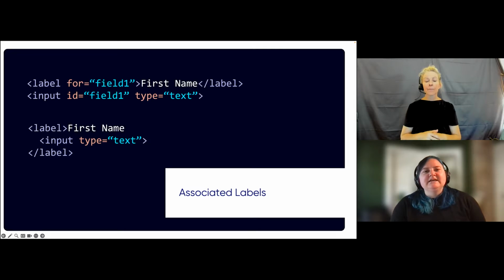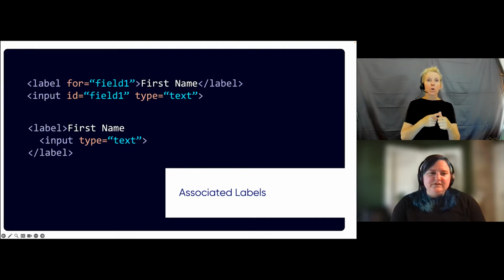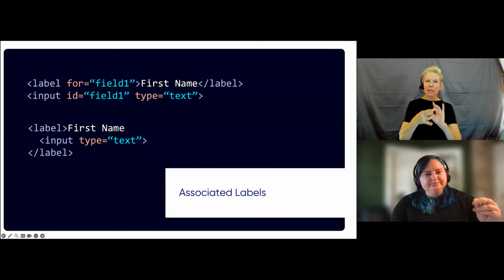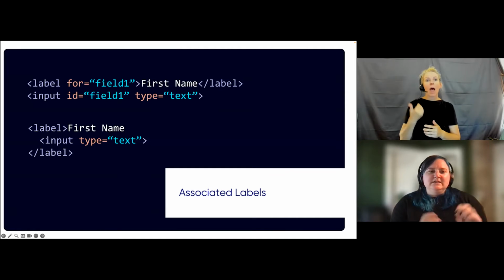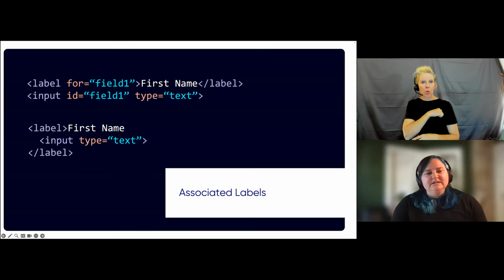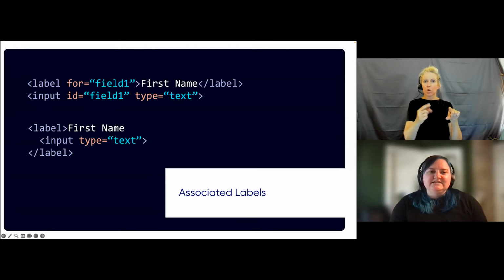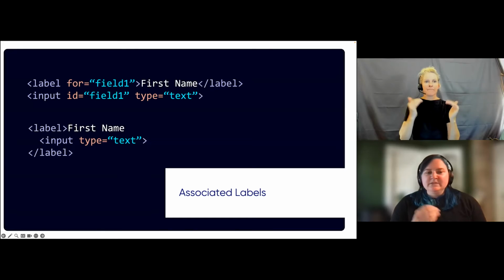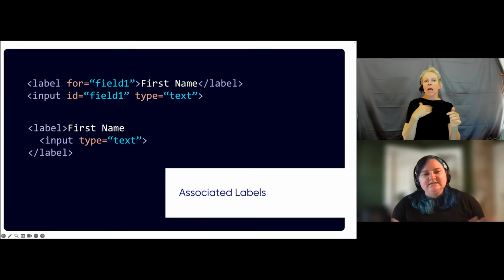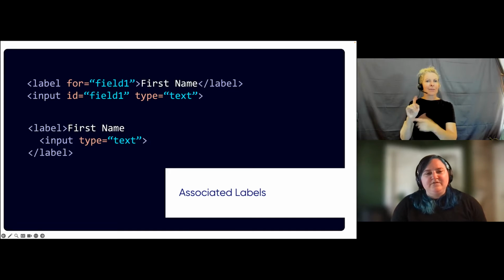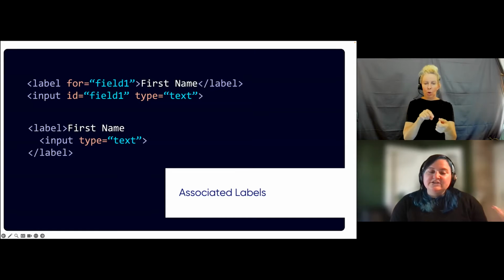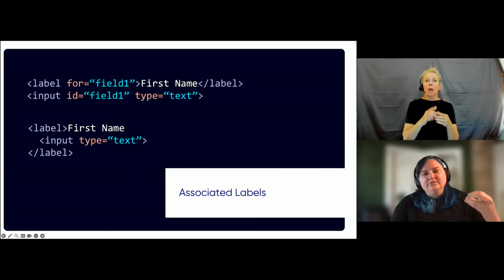So two ways of doing this that I prefer, and you should again talk with your teams about what your standard is. First way is explicitly connecting a label to an input field. So we have a label element with a for attribute, and that for is referencing an ID of field 1 inside the value. And then the HTML text in that label is first name. We have an input field below that with an ID of field 1, and it's type text to describe what type of input it is, right? But that connection is being made between the label and the input field through an ID reference.